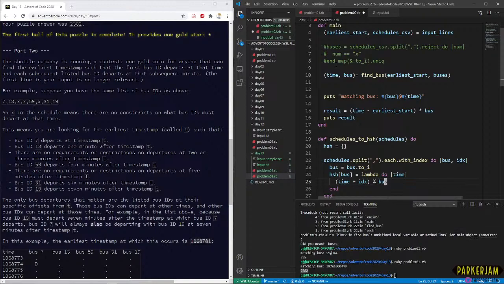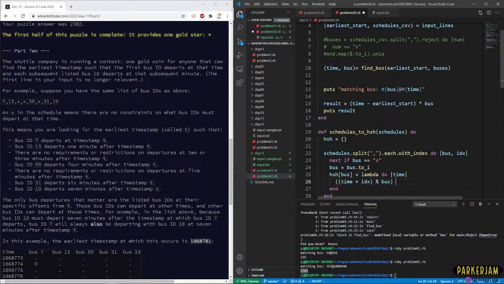Okay, so what we're going to do is we're going to see if... I think for our first very naive approach, we're just going to loop through values and have it test each element in this hash that we're building up here. And the hash is going to have a little callback that will let us test, and it'll remember what index it was at. We're going to skip our x's, but the index will still be going up, so it's fine.